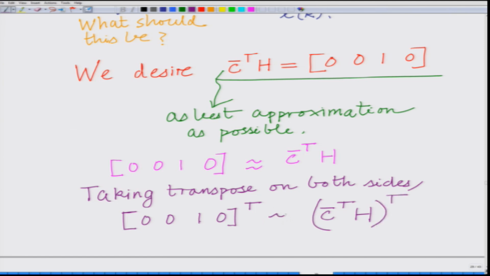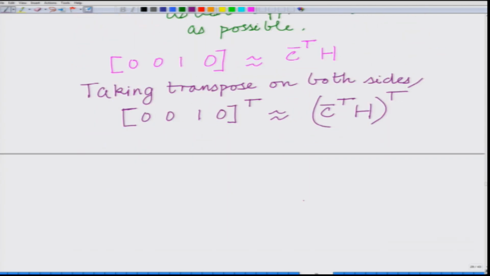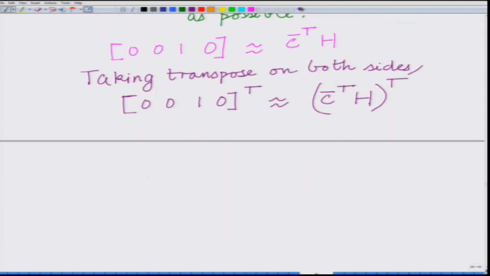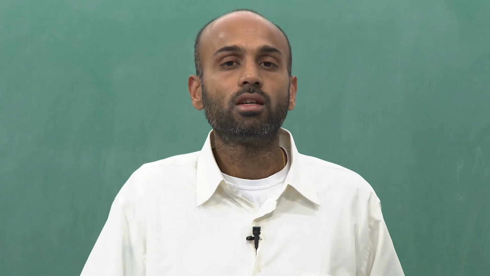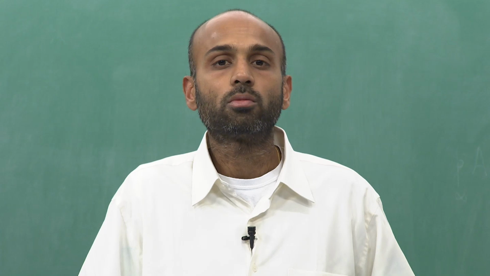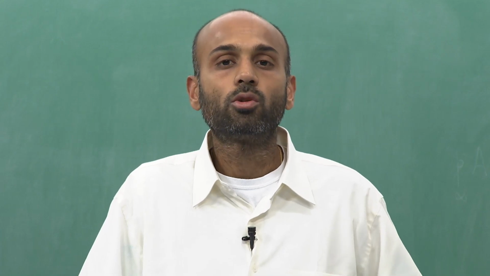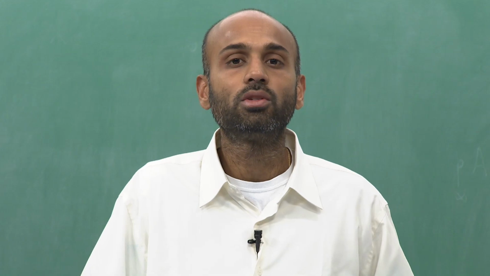Now, if you take the transpose, of course, the row vector will become the column vector. Therefore, I can have 0 0 1 0 should be approximately equal to H transpose times C bar. So, what we should have is this column vector 0 0 1 0 should be very close to H transpose times C bar, or H transpose times C bar should be as close as possible to 0 0 1 0,